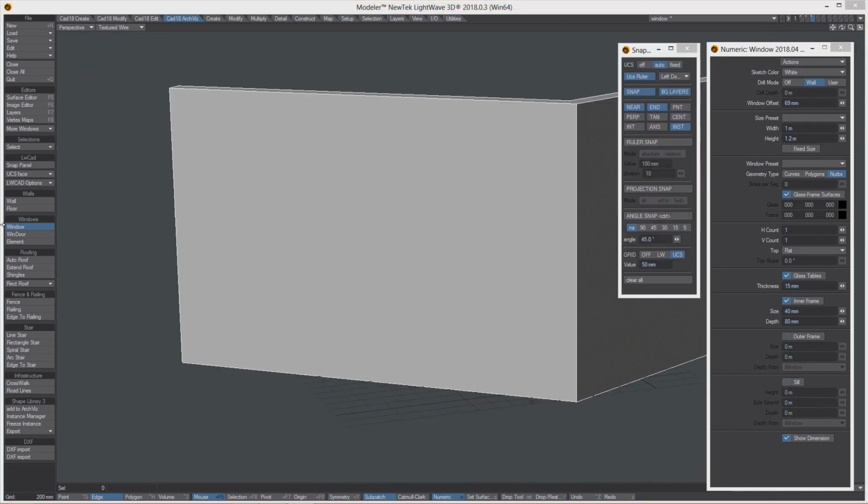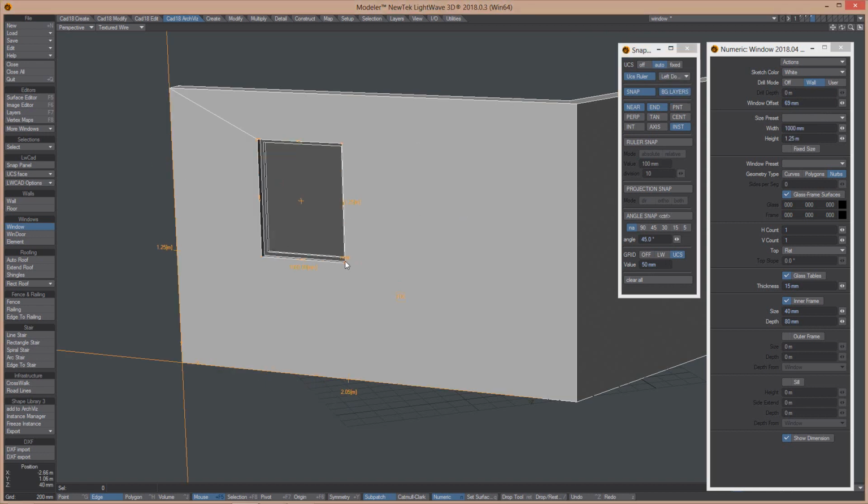Last thing I want to show you for window is precise placement. It is very easy now because we have an additional snapping mode, UCS Ruler, and also new size presets for window. So together with existing UCS Grease and auto mode, we set which corner of the wall should be the pivot, so I will leave it as a left down corner, and when placing window on the wall, now we can